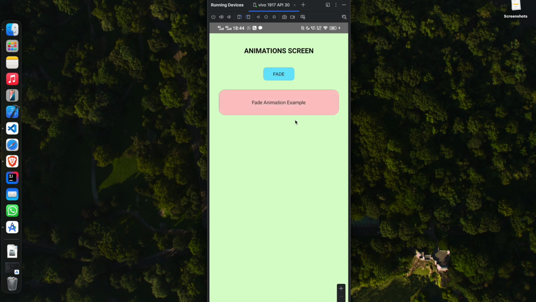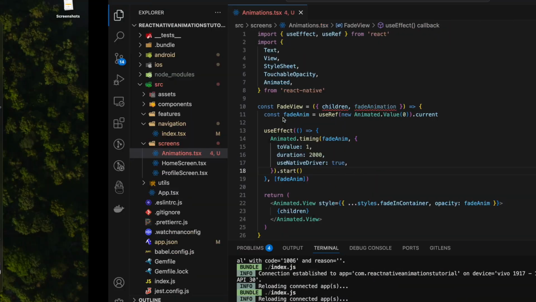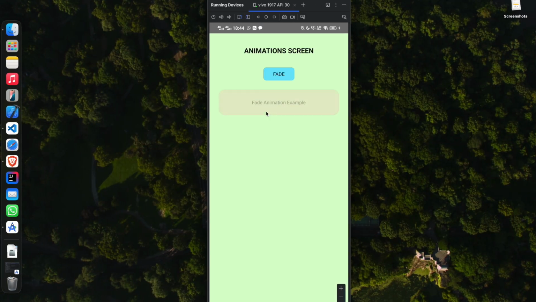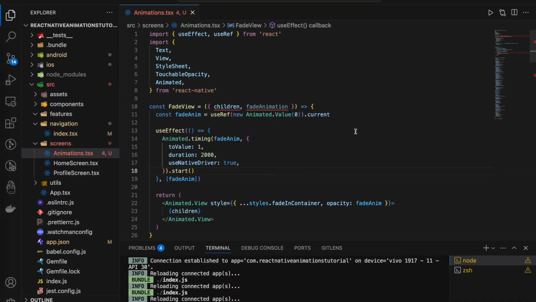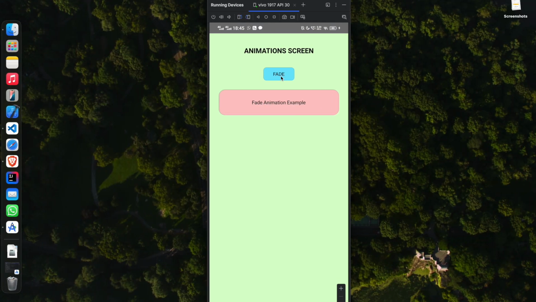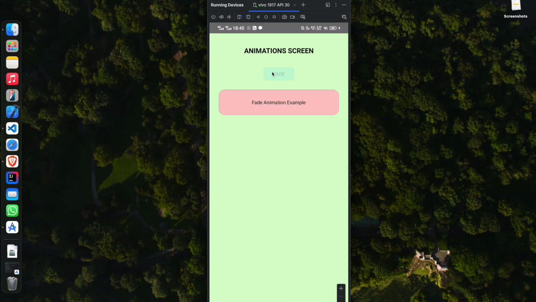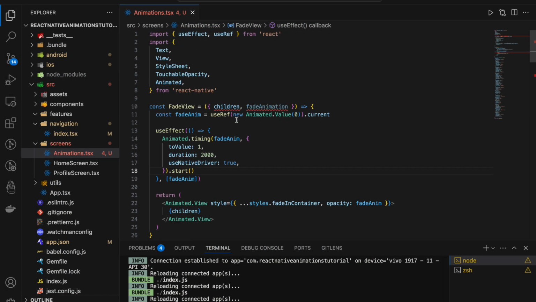It's working, right? So basically what it is, whenever the screen is reloaded, the animation starts and the opacity increases gradually from 0 to 1 in 2 seconds of time. Okay, currently this button is doing nothing. So let's add functionality to this button as well, and that is why I have added this fade animation